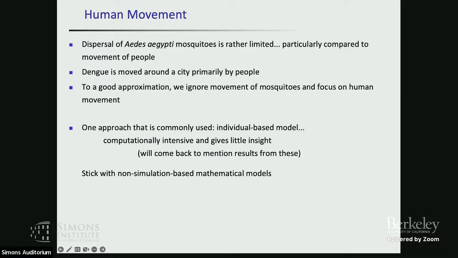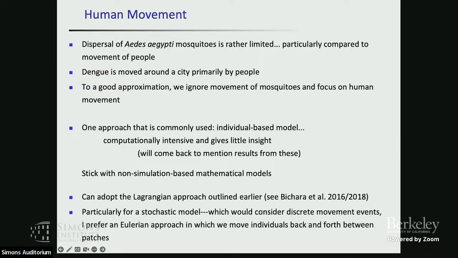As I've said, there are lots of people out there who use individual-based models to look at this sort of question. It's highly computation intensive. There are models out there for Iquitos where they will model the movement of each of those 300,000 people around the city and simulate the spread of epidemics that result. I prefer most of the time to stick with more mathematically defensible and grounded models.